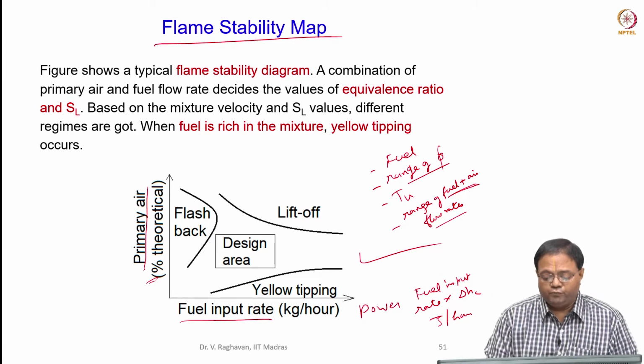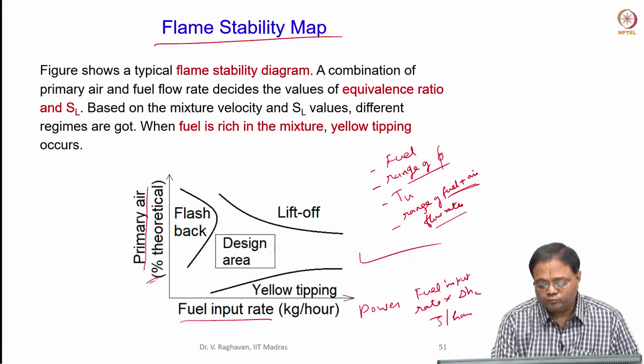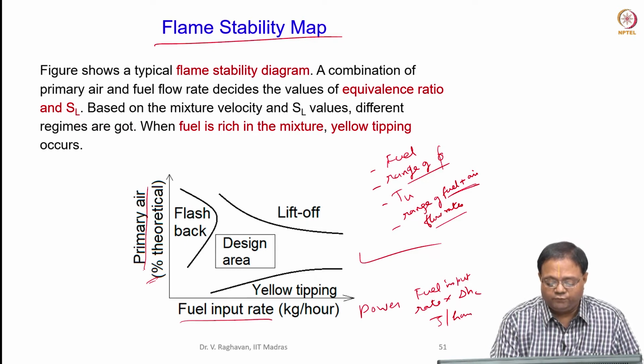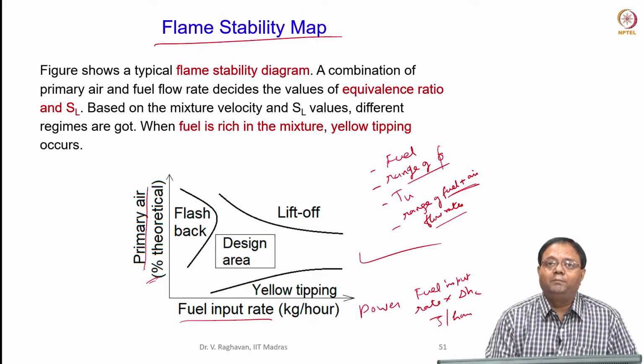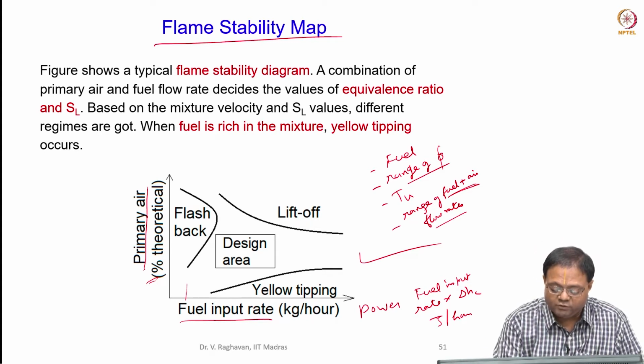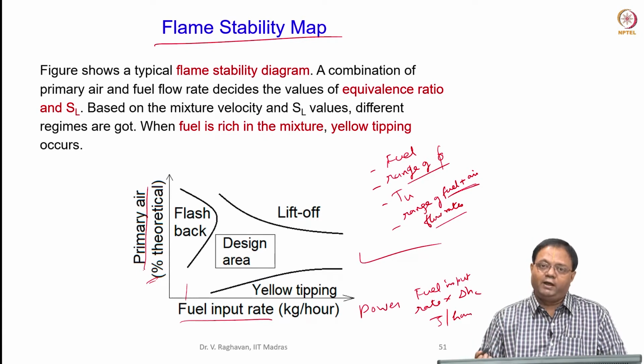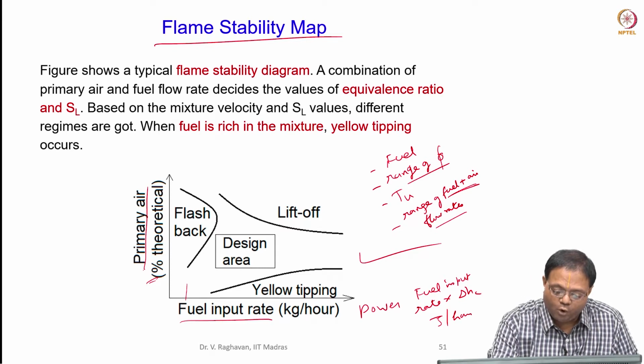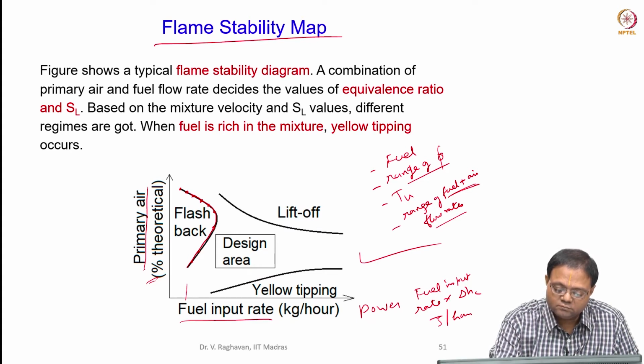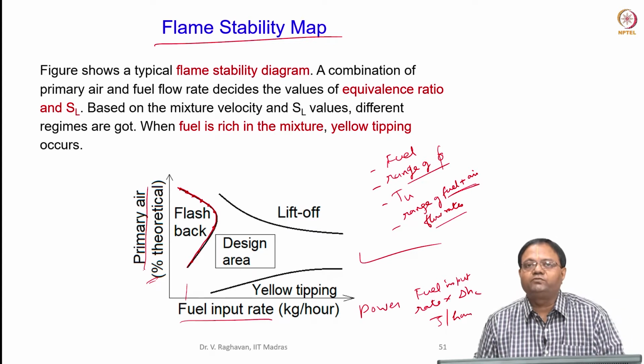So now if you see, if you have a mixture which is an ignitable mixture, and there is a fuel flow rate and air flow rate, but the velocities of the mixture are very low, then for the given equivalence ratio, etc., the flame speed will be higher. So flashback occurs. So you note these points where flashback occurs and put a boundary like this. So to the left of this boundary, flashback will occur. So I should not go to this.